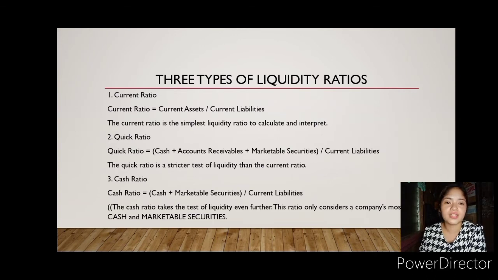So next is the quick ratio. Quick ratio is equal to cash plus accounts receivable plus marketable securities over current liabilities. The quick ratio is a stricter test of liquidity than the current ratio. Both are similar in the sense that current assets is the numerator and current liabilities is the denominator. However, the quick ratio only considers